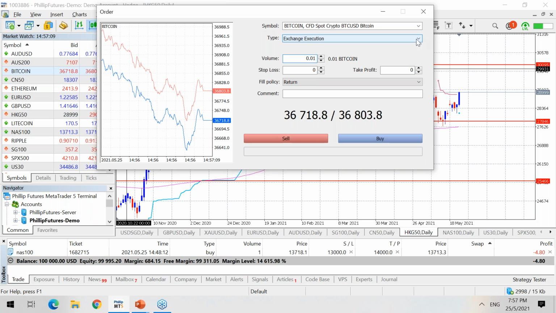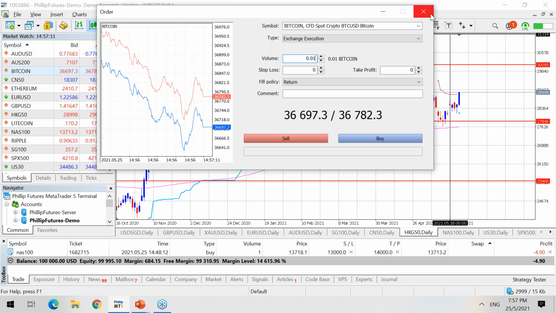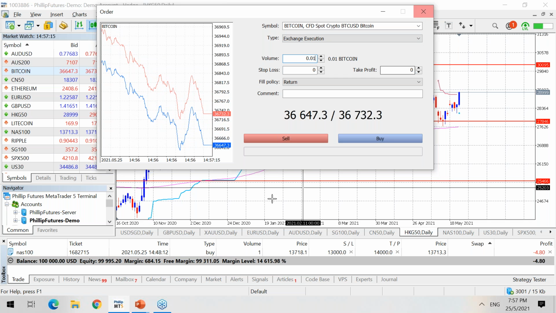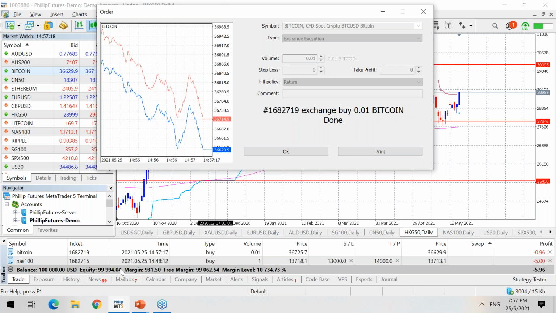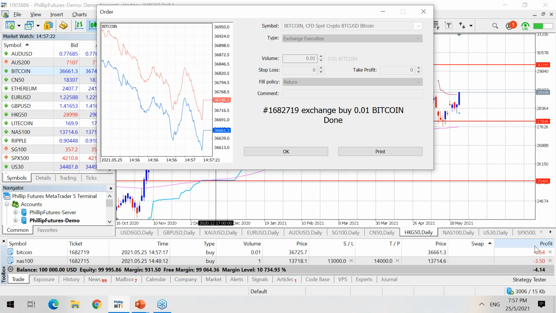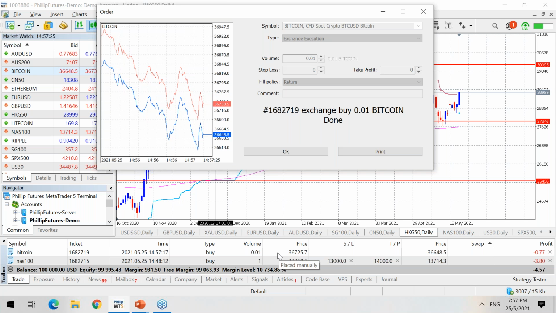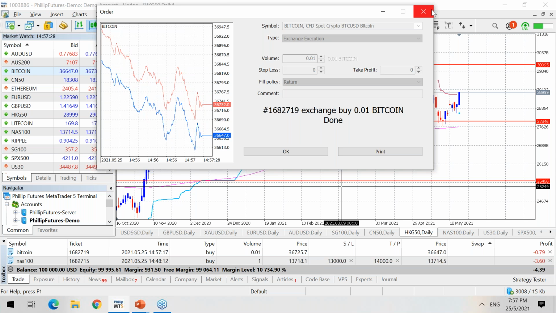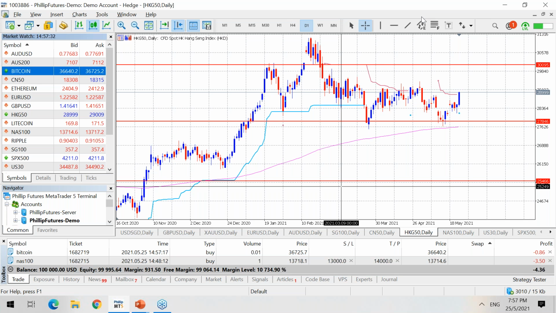Yeah, this is also available in the demo account. So if you want to have a go at it, buy or sell and see how it goes, you can try it as well. Maybe I'll just do a quick trade for you to take a look. So I click on buy, right? The smaller size here, the price movement, you can see the profit and loss here. So this is all live. The demo price is exactly the same as live price. You can try out buying and selling as well for the Bitcoin. Okay, let's see what other questions we have.